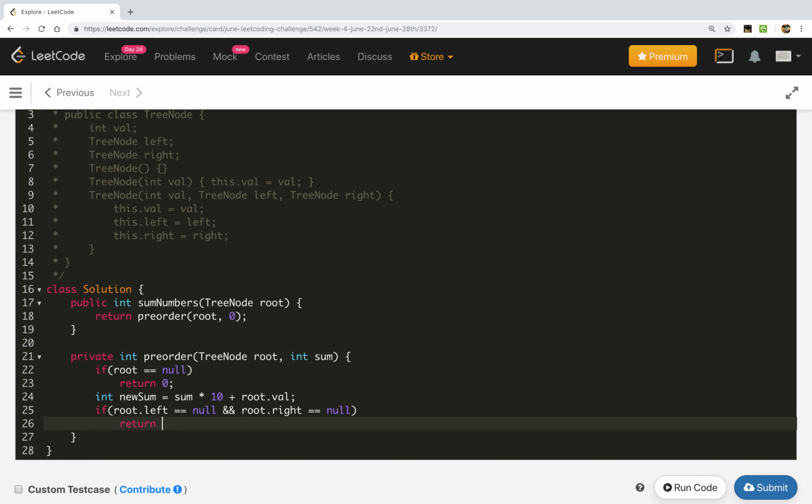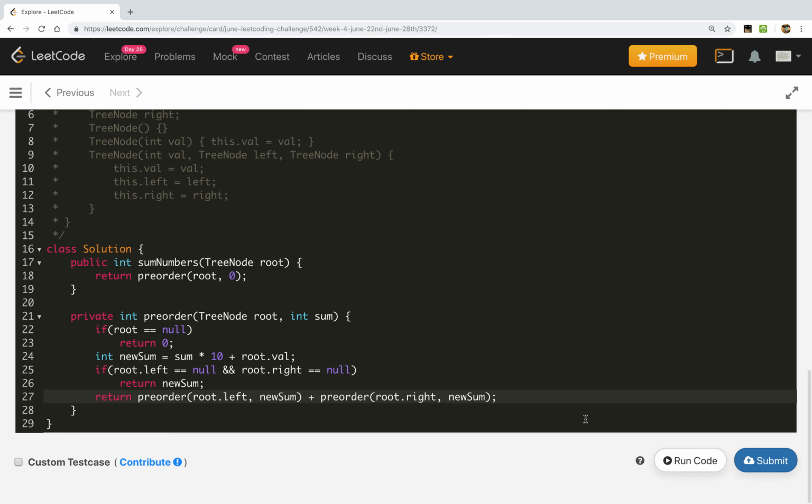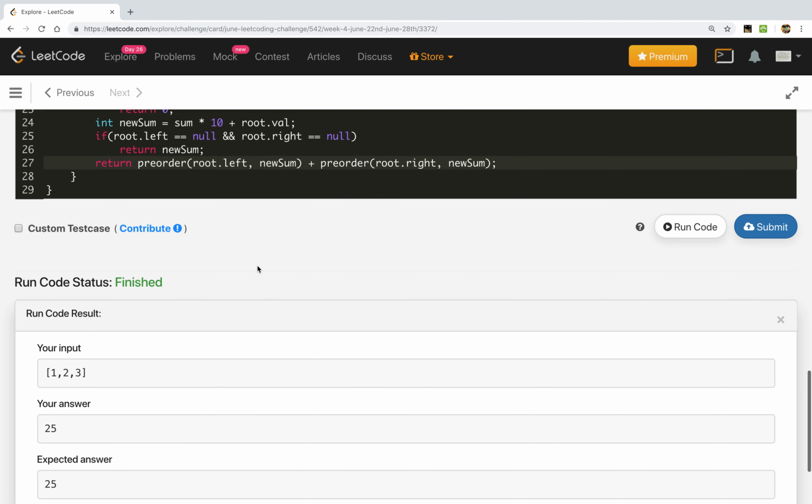Otherwise we call pre-order again for the left node, root dot left with the new sum, and add the pre-order for the root dot right child with the new sum. So this will calculate all the sums. Let's compile our code. It is compiling and we are getting the correct answer.